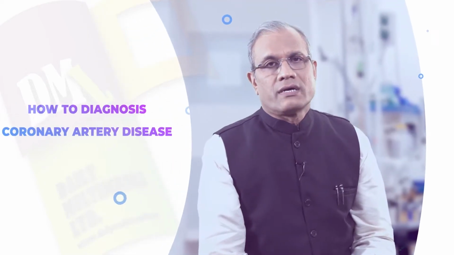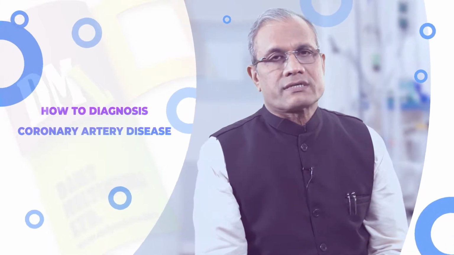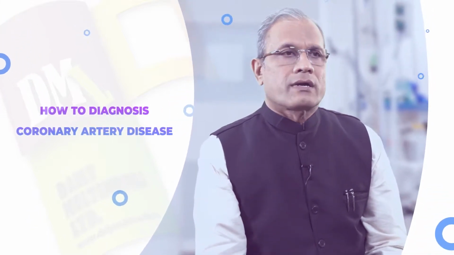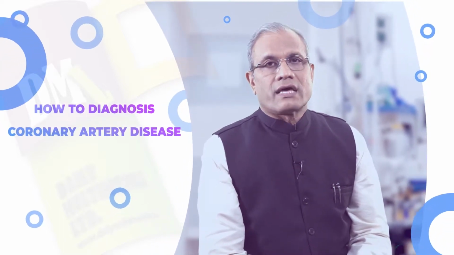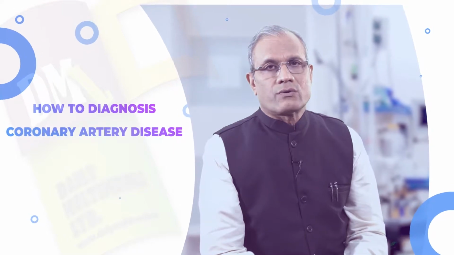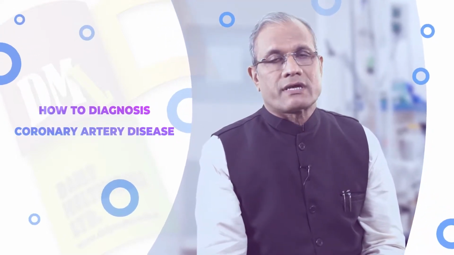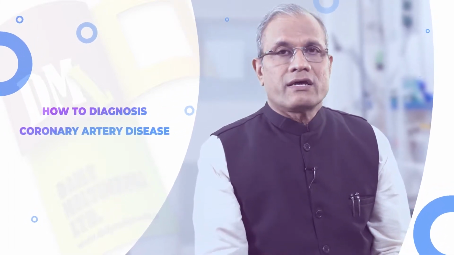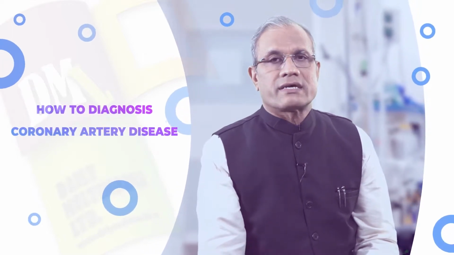Let's come to the diagnosis. How do you diagnose a heart attack disease or coronary artery blocks? Diagnosis is based on investigations. Normally the investigations advised to these patients are a routine electrocardiogram, ECG, then X-ray chest, then we advise them to undergo echocardiography, which shows the pumping capacity of the heart muscles, and then any defect in the heart valves. And then we advise them to undergo an exercise test if their age is less than 65